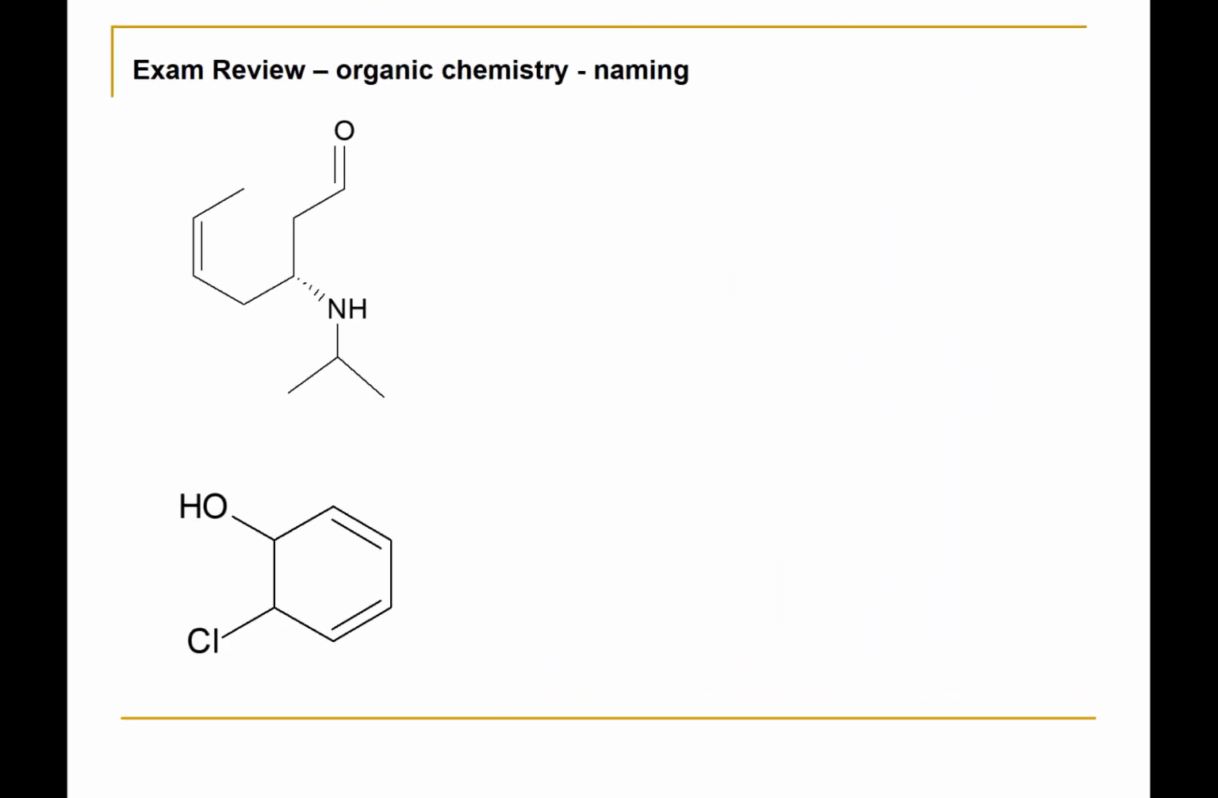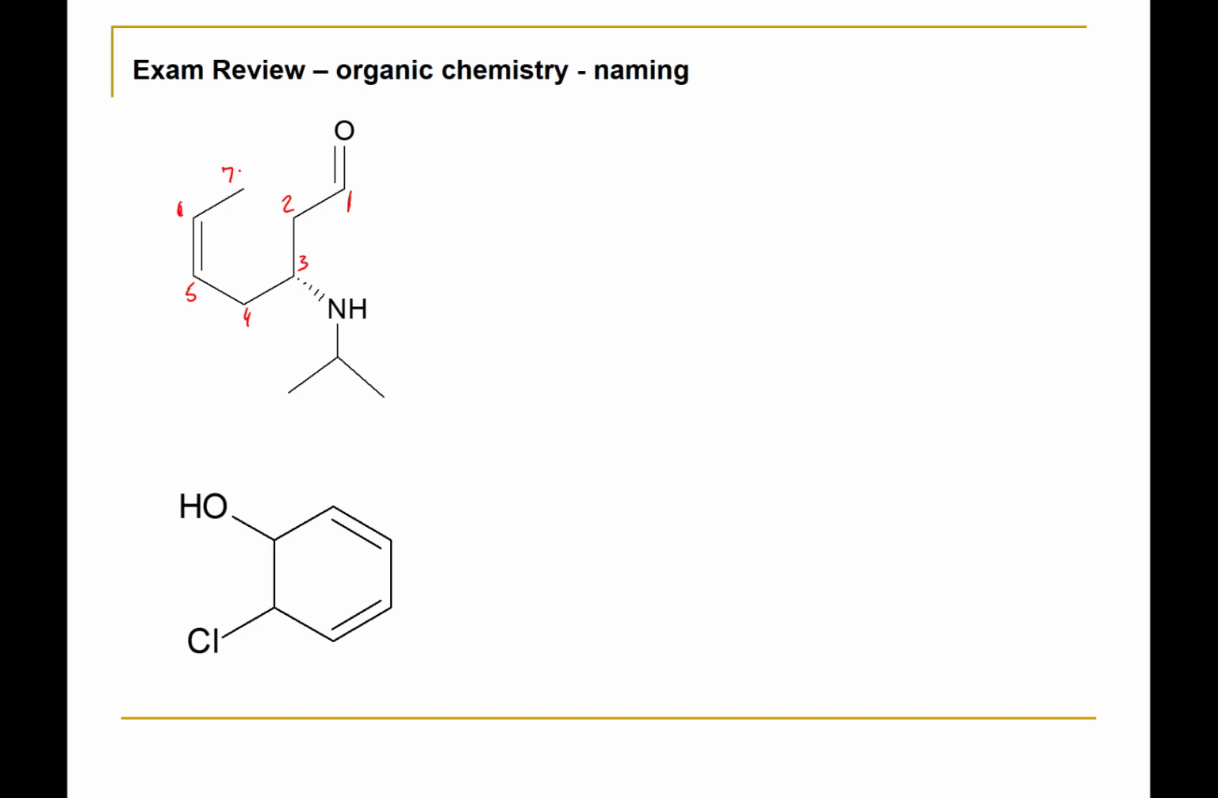In this video, we'll review the concepts of naming in organic chemistry. So I'm looking at the first structure, and the first thing that I'm going to do is identify the parent chain and number the parent chain. So I'm going to start with the aldehyde functional group. Of course, it's always going to be on the end, so that'll be carbon number 1, 2, 3, 4, 5,